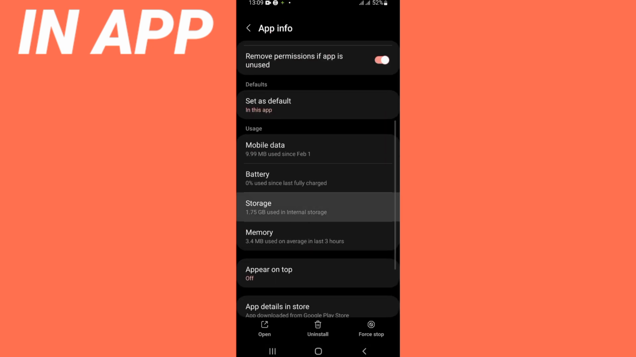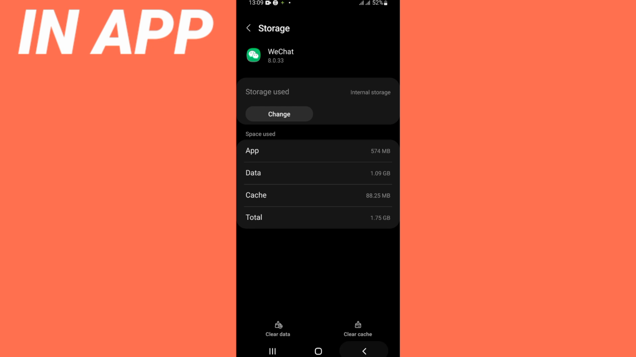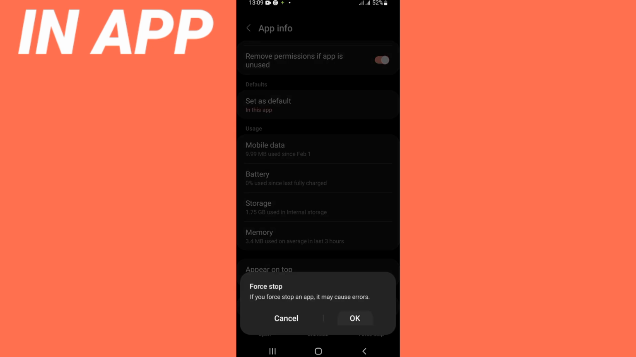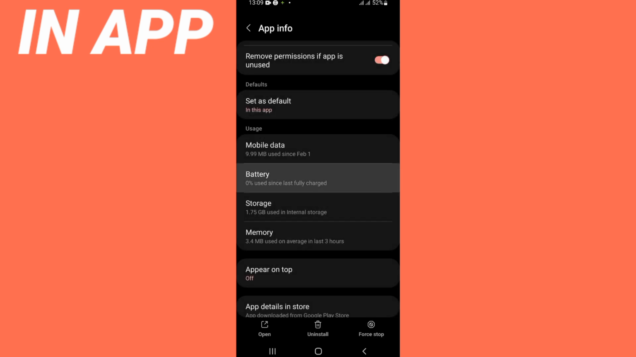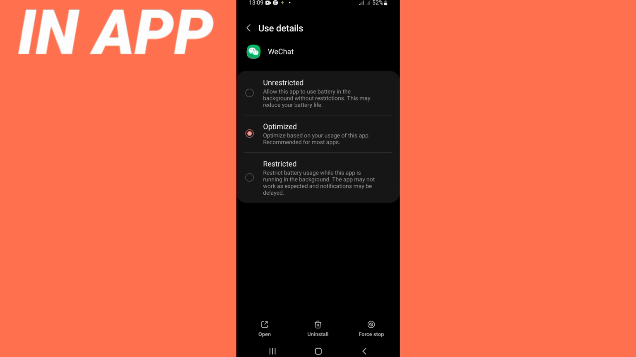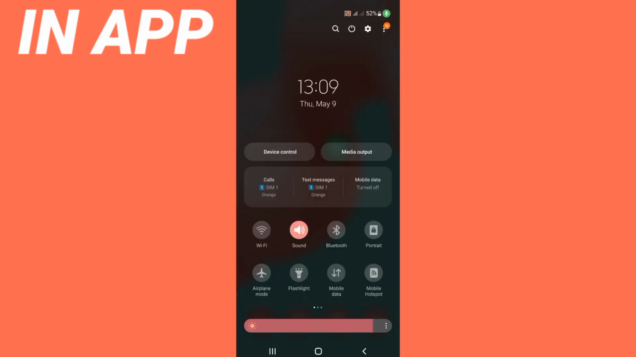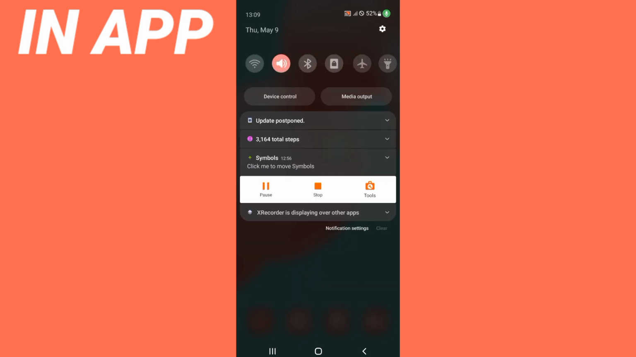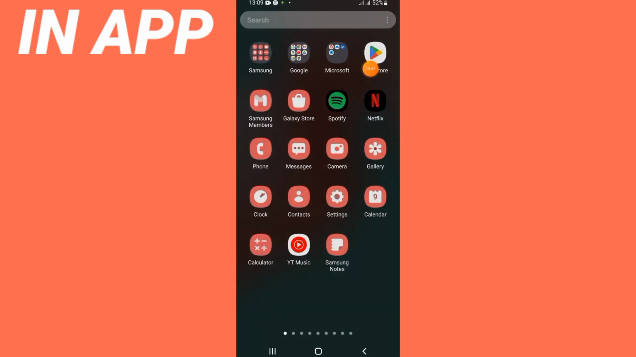Come directly to the storage, click clear cache and right now back. Click on force stop, click right here, okay. Click battery and make it on optimized mode. After that, turn on your airplane mode and turn off it and go directly to Play Store or App Store